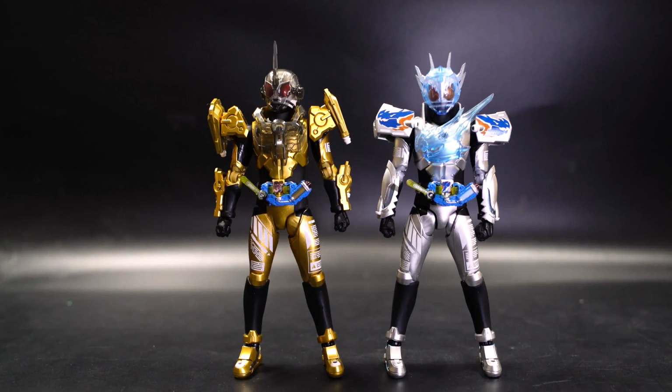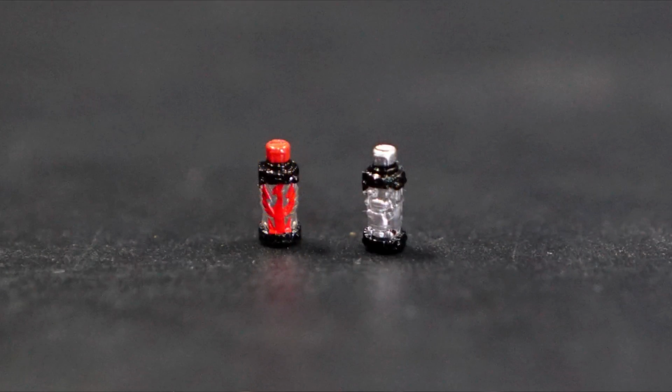But of course, he has the Dragon bottle, as well as that little dragon machine thing that he slots into the weapon, whereas he has two different bottles. He's got a Phoenix and Robo bottle, which are both fully painted. That's quite impressive. The lid is painted, as well as the little logo and the bottom. They're all completely painted. And these bottles can also slot into the weapon and accessory. Now, the way these slot into the weapon is a little bit tight, so I don't know